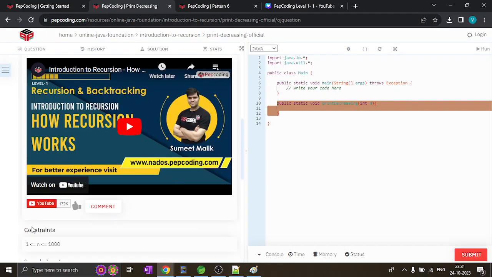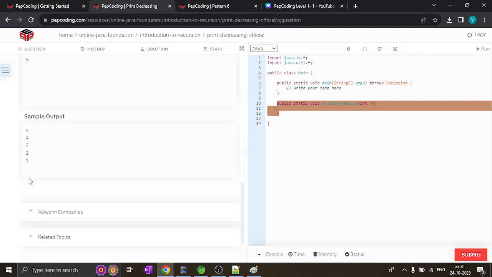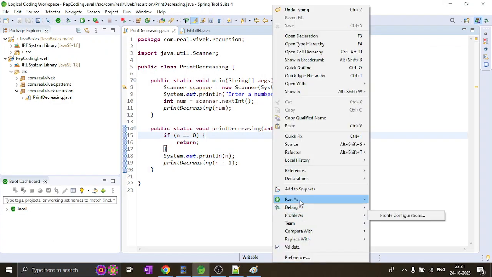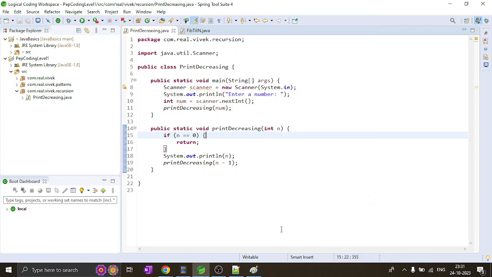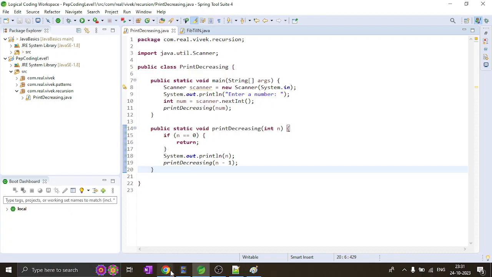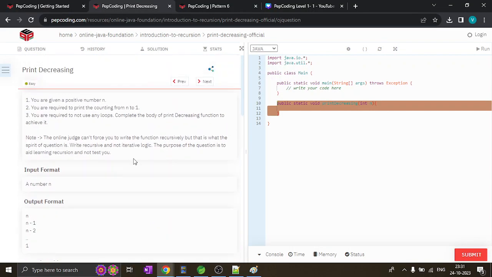let me, to print from n to 1, like 5 to 1 for this example. So let's try to run this. Say I input 5 and it does print 5, 4, 3, 2, 1, correct? So let's try to solve the next question,